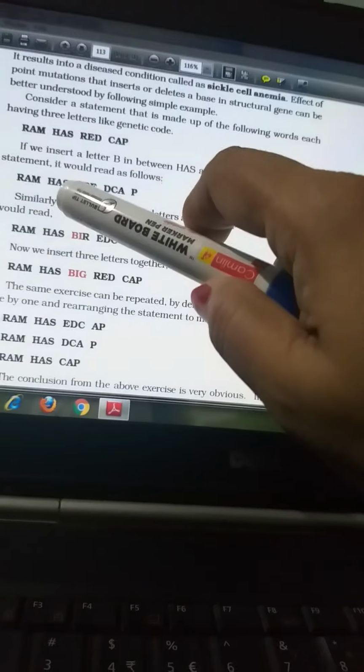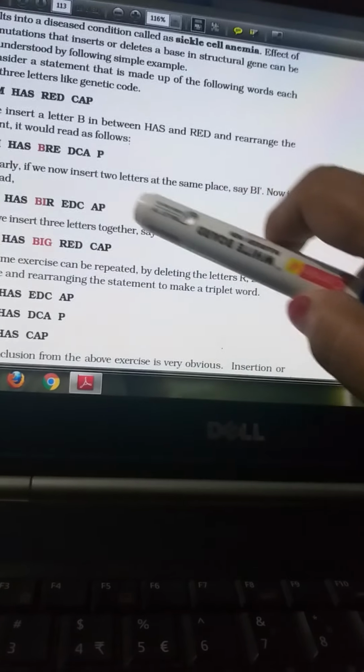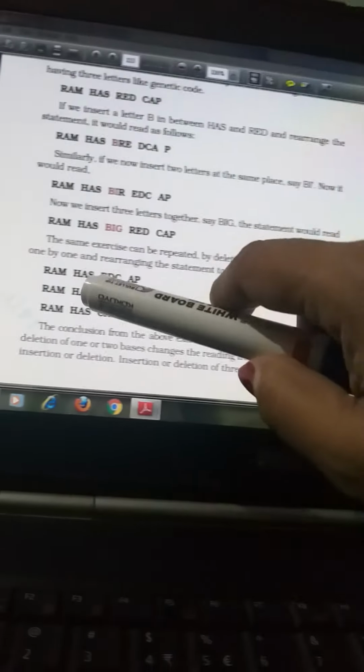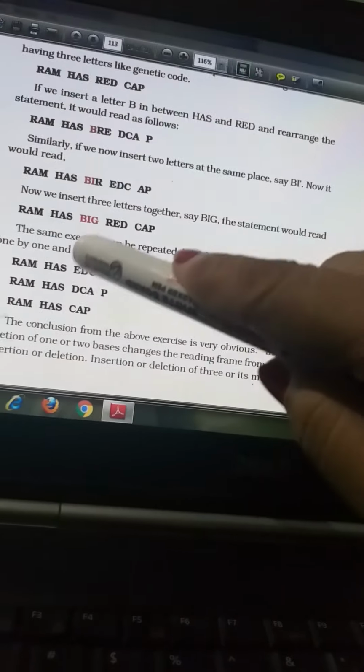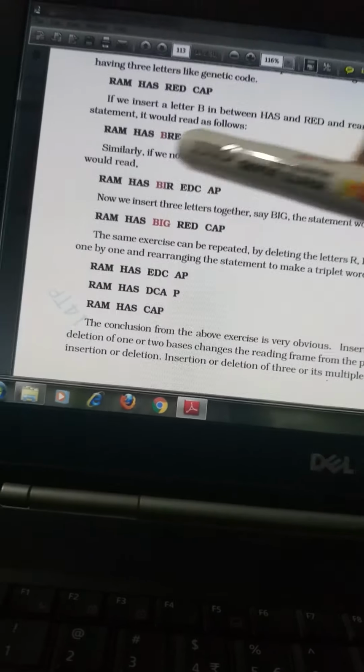This is basically known as a point mutation, because a single base pair has been tampered with and the full sequence of mRNA or tRNA will not be able to code for the initiated one, and it would be coding for a different protein. Now in the next one, R is deleted. When R is deleted, the entire frame gets changed. So this is an example of a frame shift mutation, and since it is a single point, it is known as a point mutation.